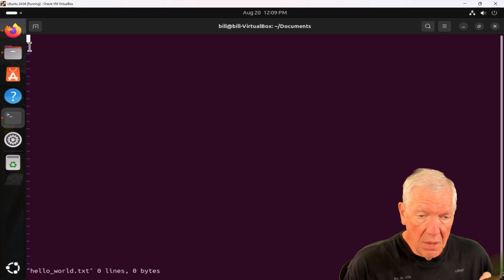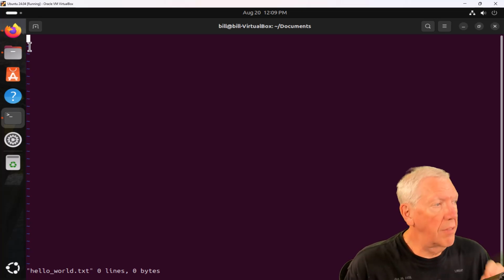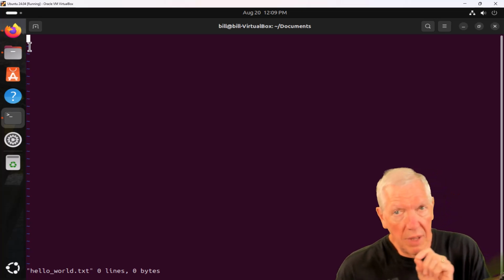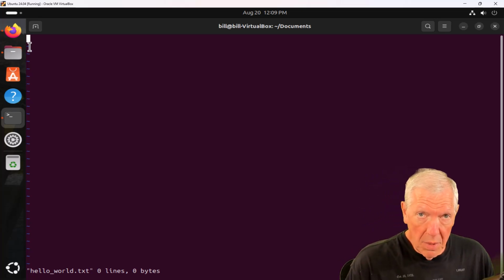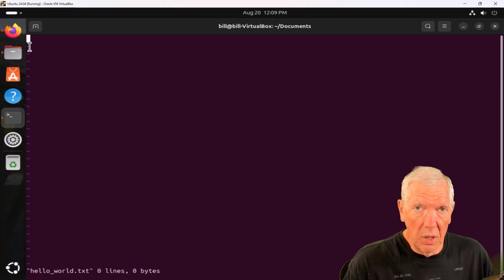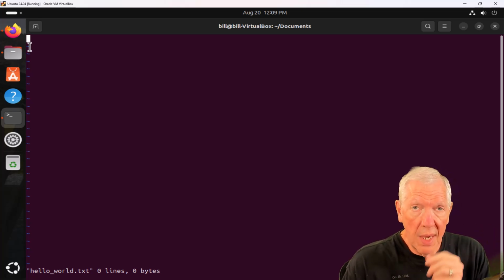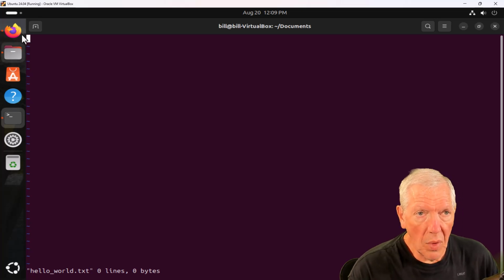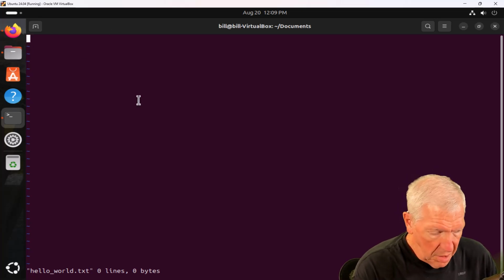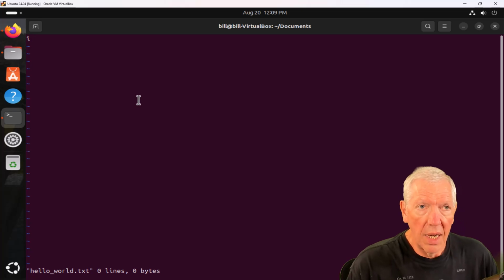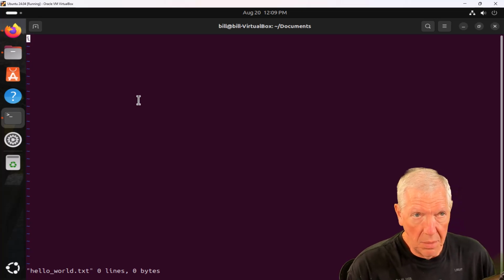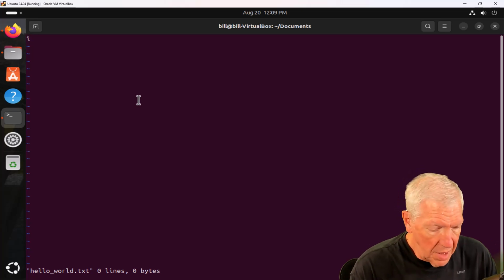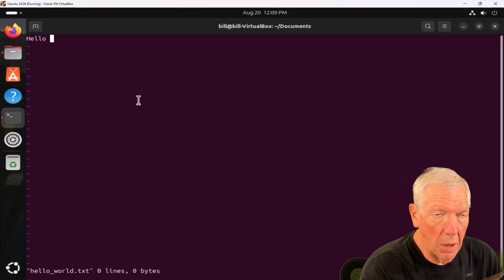But in this case, the main thing you want to know is that you have command mode and you have insert mode. So insert mode, command mode, you've got to switch between the two. To go to insert mode, you just type in I. Let me click an insertion point here and type in I. And I'm in insert mode, you can see, because I'm able to type this letter, just validating that I'm in the insert mode. And then I will type in hello world, bang, bang, bang, like that.